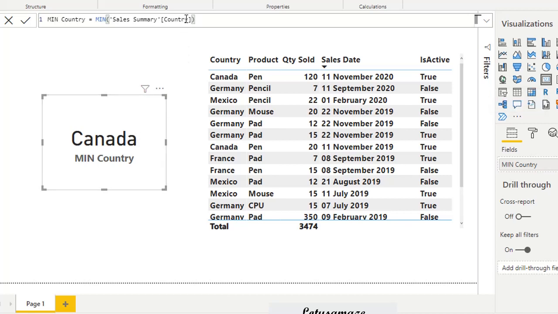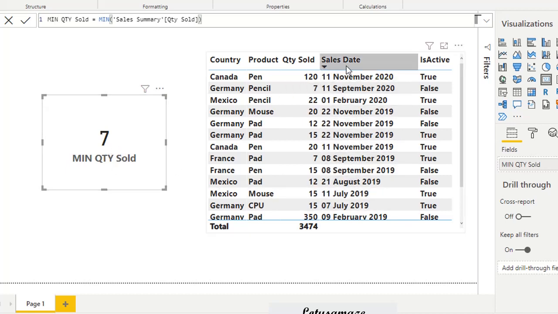If we try the product, then the answer is CPU, because CPU comes first before M or P. Now if we try the quantity sold, and it's numbers, the minimum quantity sold is 7, the minimum number.